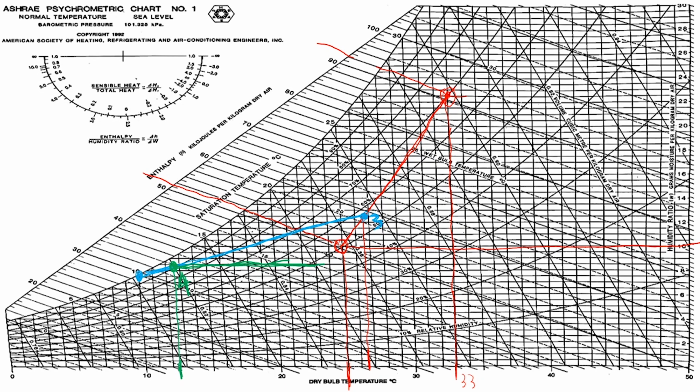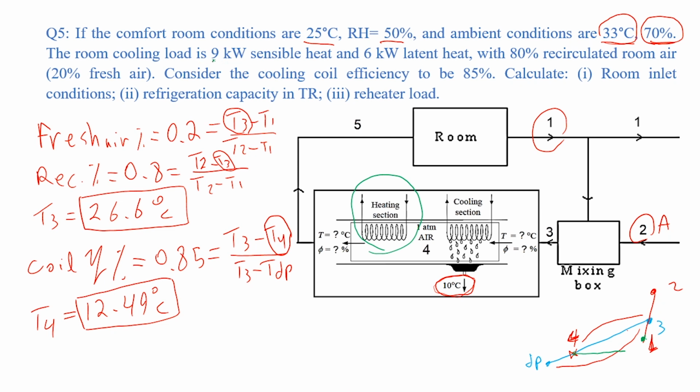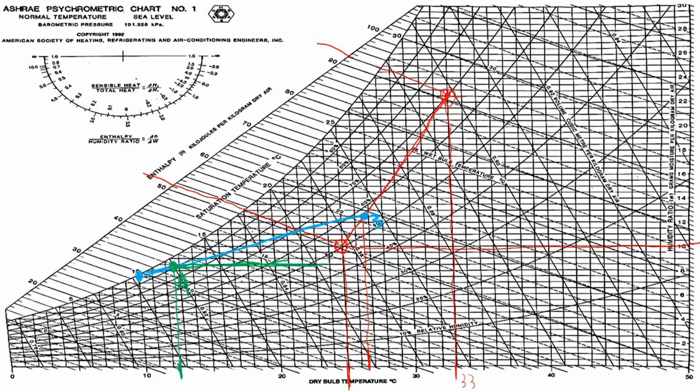So how to find the room inlet condition? We have here the sensible and latent loads of the room, 9 kilowatts sensible and 6 kilowatt latent. So we can calculate directly the sensible heat factor of the room, which is the sensible heat divided by total heat. Sensible heat is 9 kilowatt and total heat is 15 kilowatt. So sensible heat factor in this case will be 0.6. We have two ways for the calculation. Either we use the angle directly from here and we take this one parallel and we draw from the room